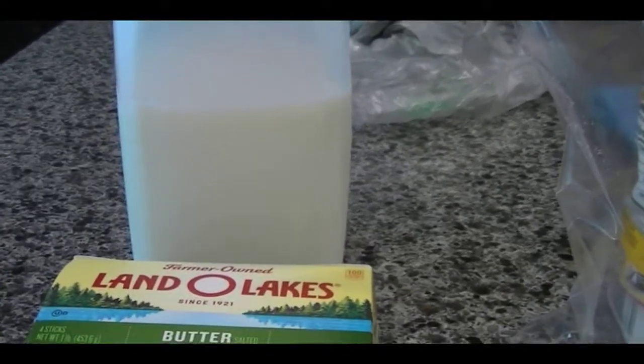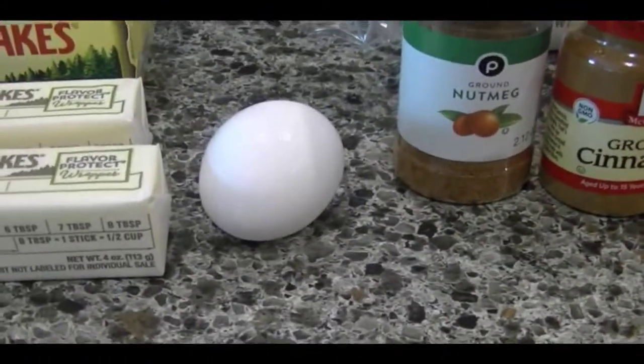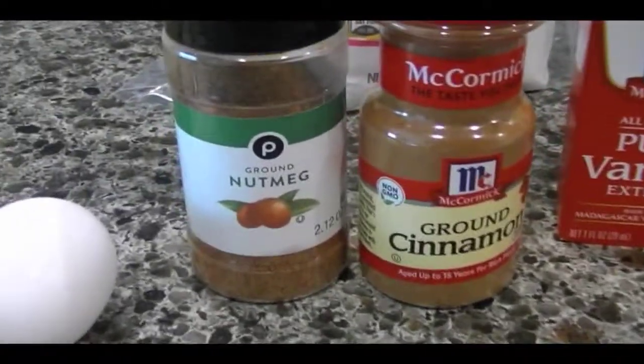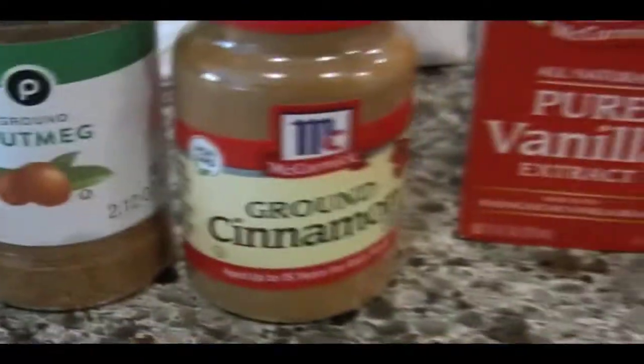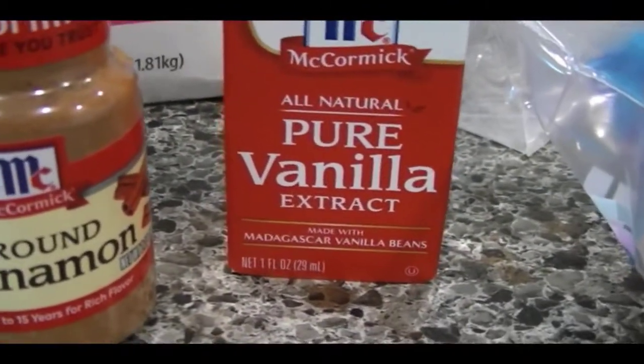White milk, whole milk, sweet milk, 1 egg for this pie, nutmeg, cinnamon, pure vanilla extract, and sugar